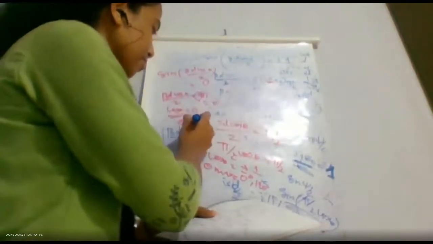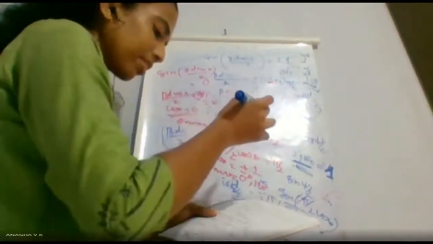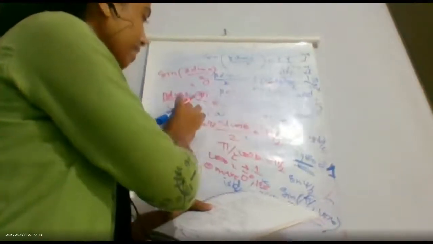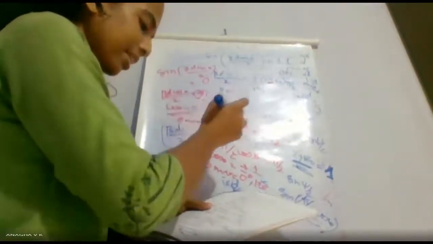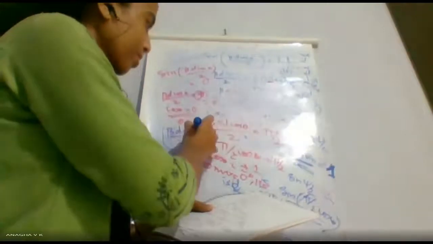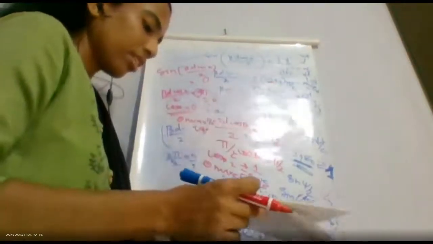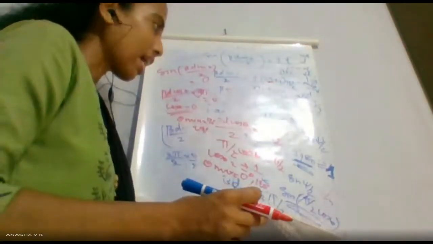So theta minimum is 90 degree, since cos 90 is 0. So next is